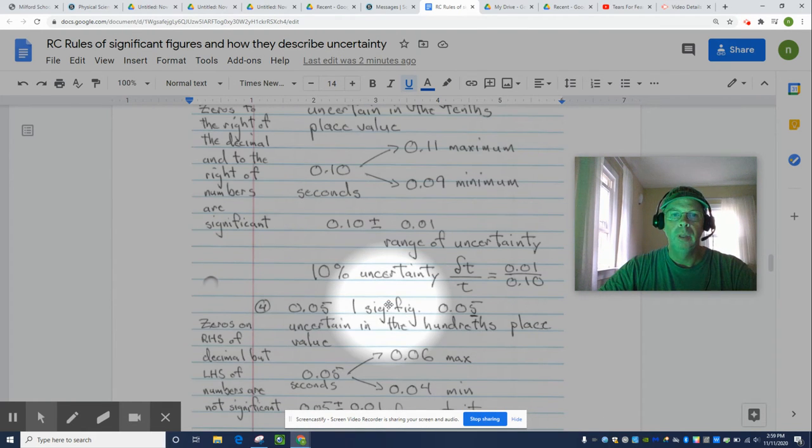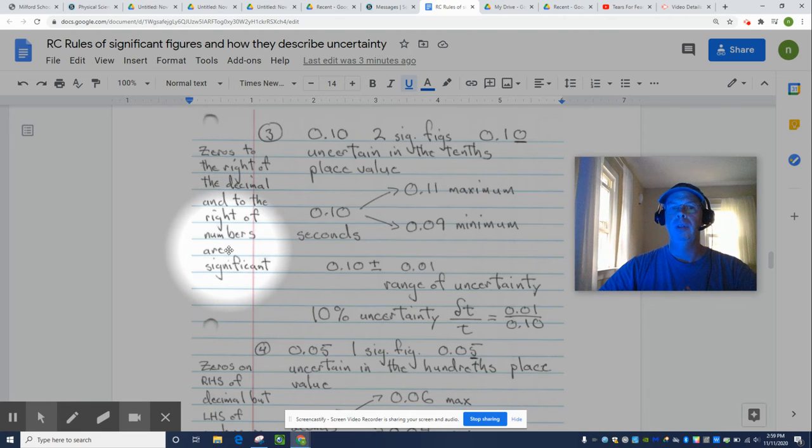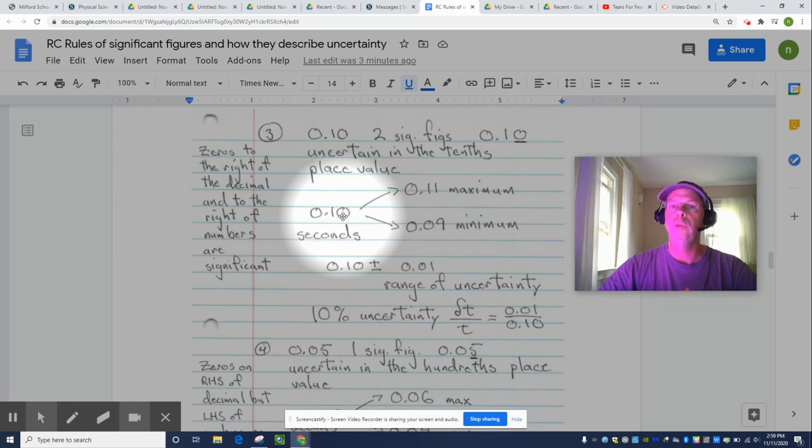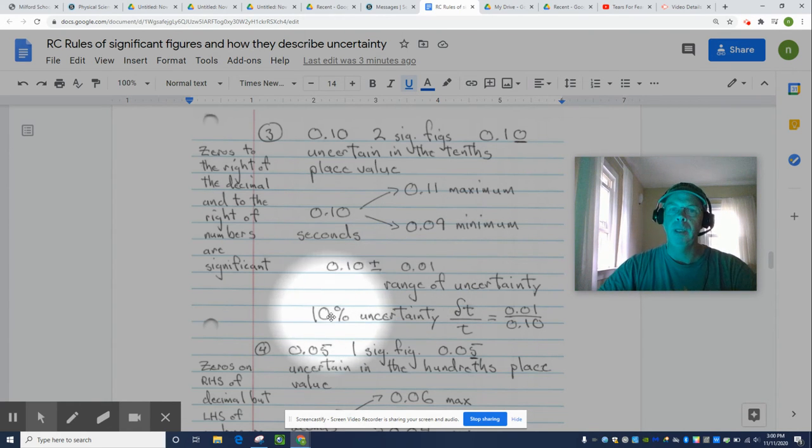Very precise. How about another zero rule? If the zero is to the right of the decimal and to the right of the numbers, that's a significant digit. So 0.10 has two significant figures. This 0 is significant because it's to the right of the decimal and to the right of the numbers. That is, you push it up by 1, 0.11, 11 hundredths, or you push it down by 1, 0.09, 9 hundredths. The range of uncertainty here is a hundredth,